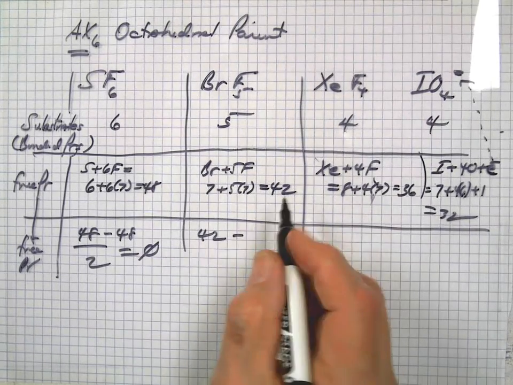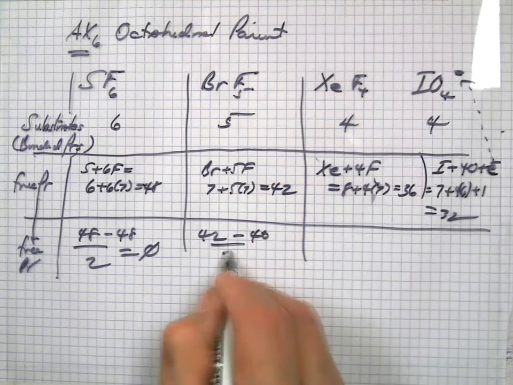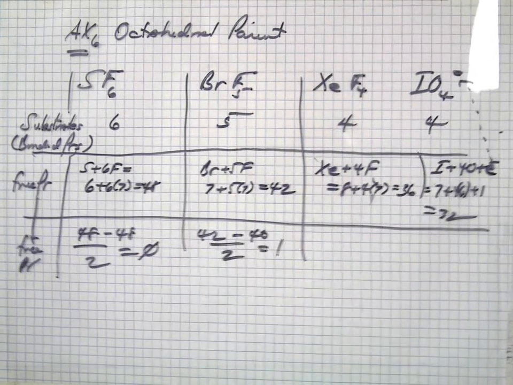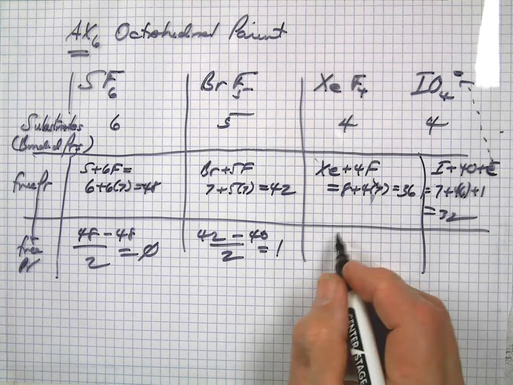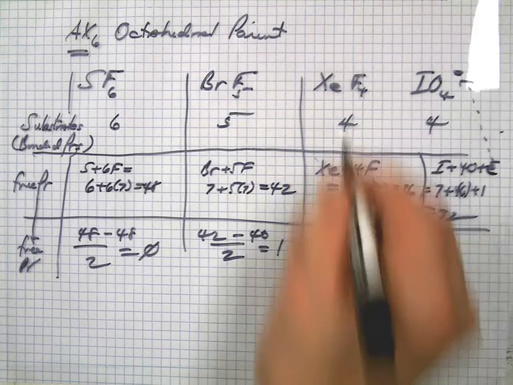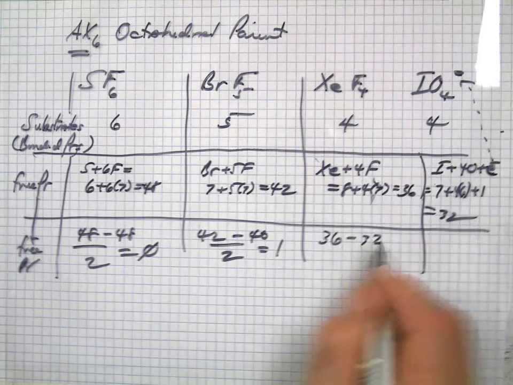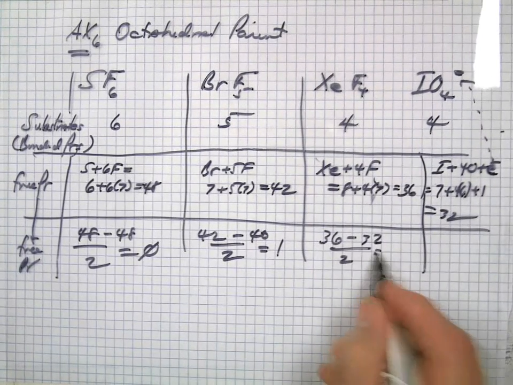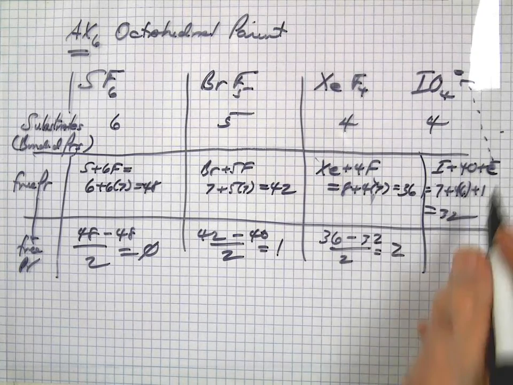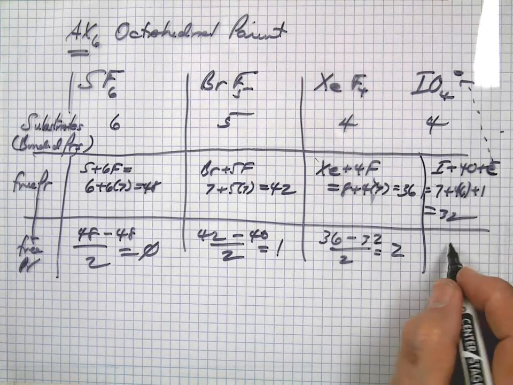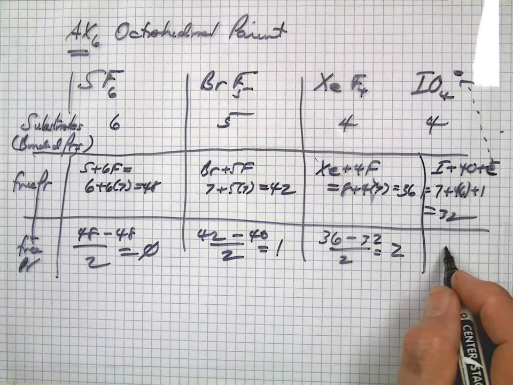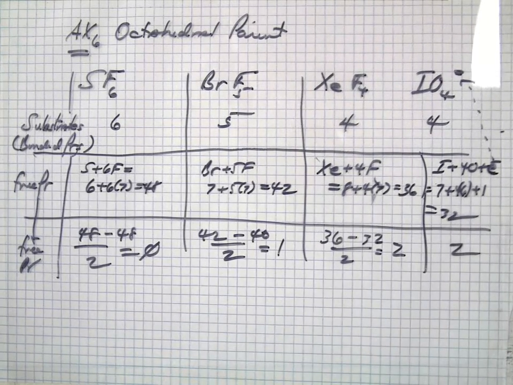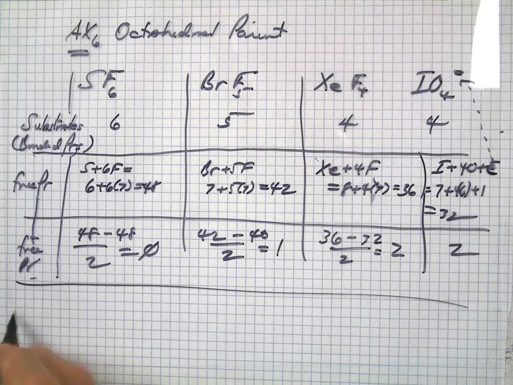Valence minus 5 times 8 is 40 over 2. That's 1 free pair. And then here is valence 36 minus 4 times 8 is 32 over 2. That's 2 free pair. And this one has also, you can figure 4 times 8 is 32 minus 32, 2 free pair in there. So the geometries now